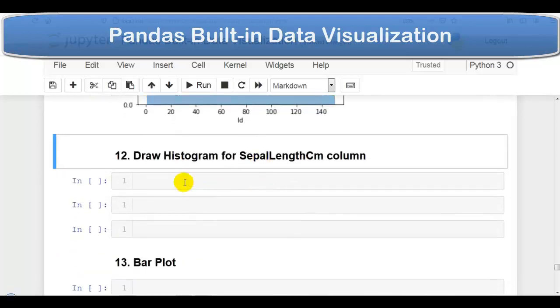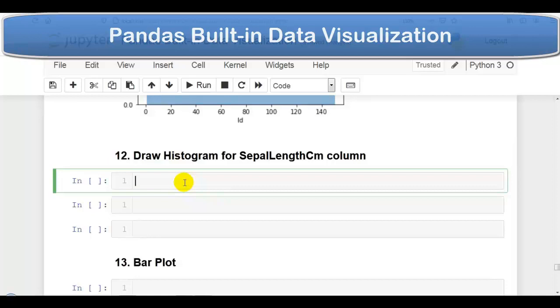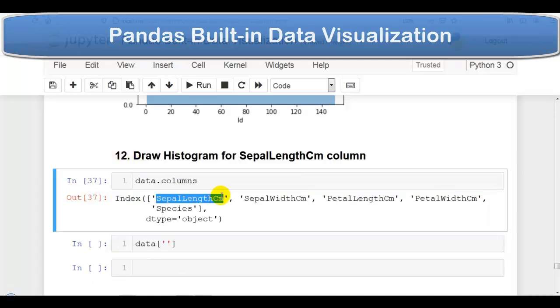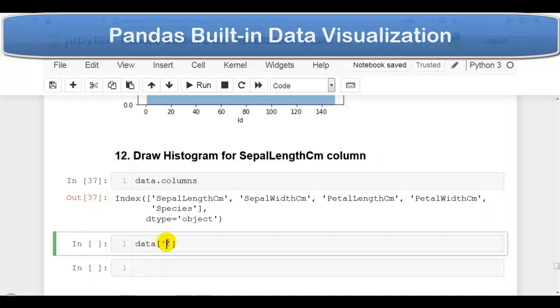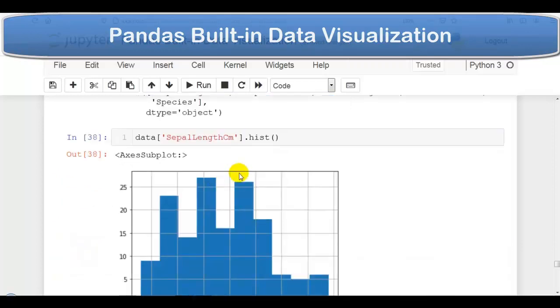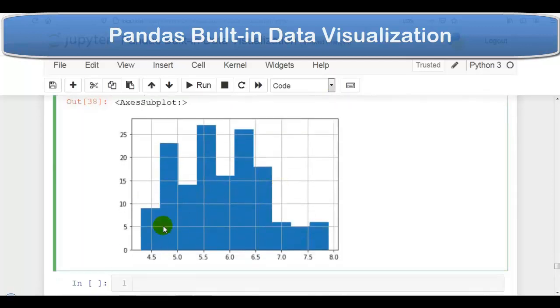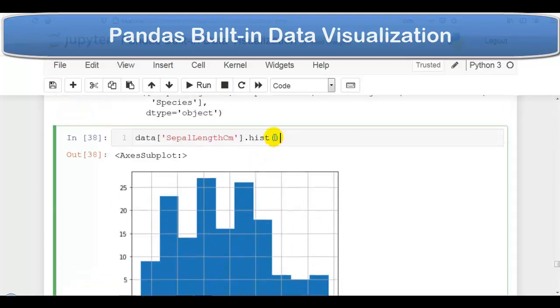So now next, in this question we have to draw a histogram for the sepal length column. So let me first display column names and data, and let me copy this column name and paste it over here. And here we can write directly hist. Let me execute this cell. As you can see over here, our histogram. A histogram is a representation of the distribution of data. As you can see over here, this function groups values of all given series into bins. By default the value of this bins parameter is 10, that we can change using bins is equal to 20.